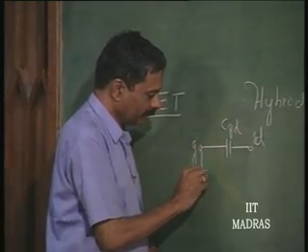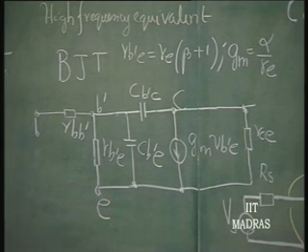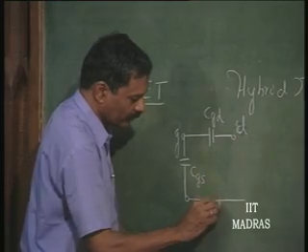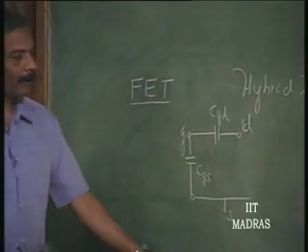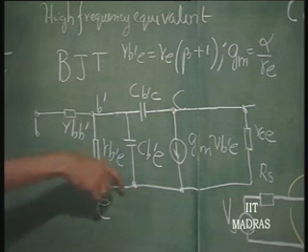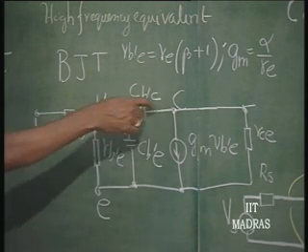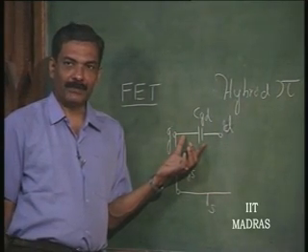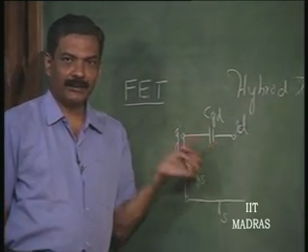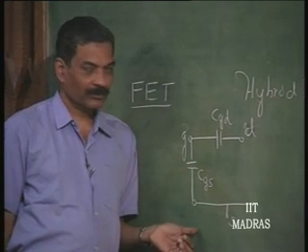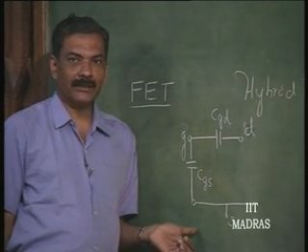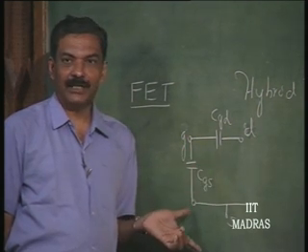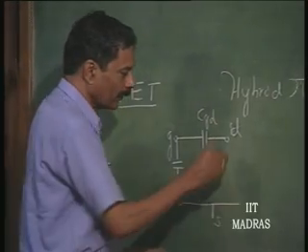Then similarly, we have similar to this capacitance CGS is going to the source. So, these capacitances are there. These are occurring here because of the junction. Here these capacitances occur because of the overlap between gate and drain, gate and source. With ion implantation technique, etc., this overlap has been made very nearly 0, and therefore, these capacitances can be made very low.